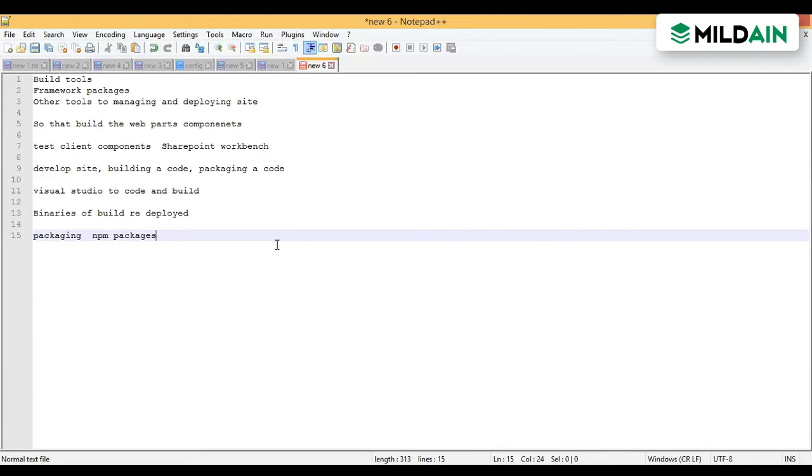So we use npm packages, what we build the web parts. Different binaries are being there, and then it collects all the binaries, integrates those binaries, whatever is there, and then it will create one package type which can be deployed on the site. So this is what an npm package tool does. It uses JavaScript, and when it's packaged, it will be done.